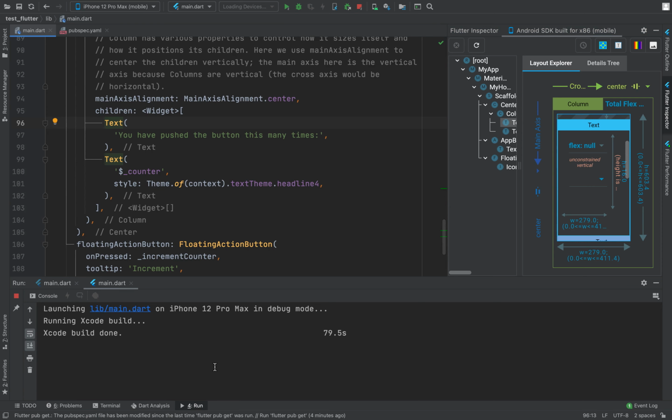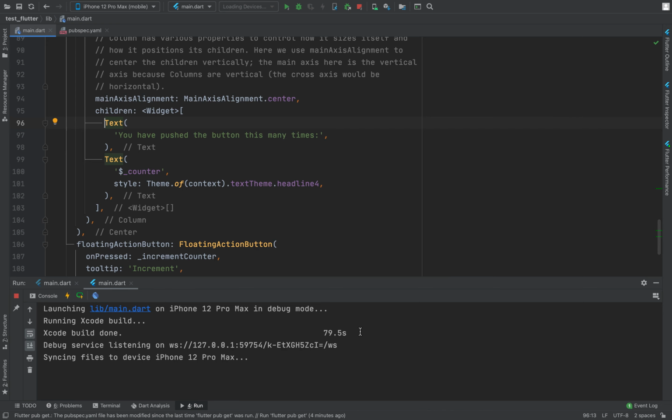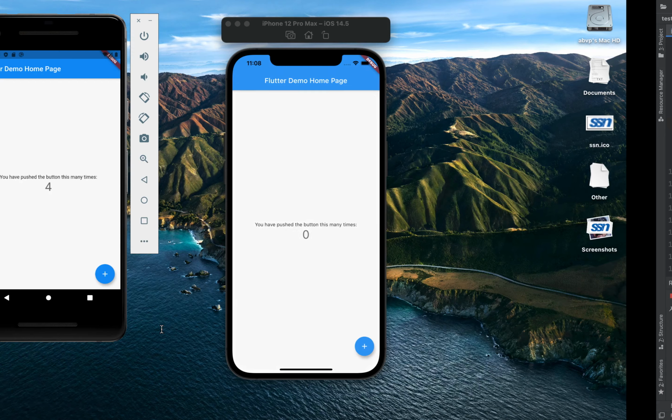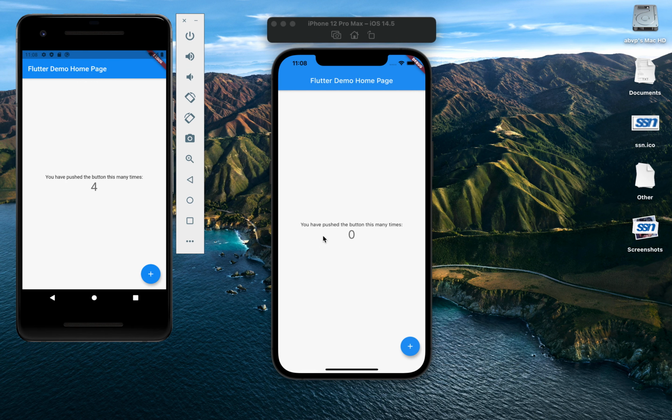So this is still building. It is syncing the files now. Let us go over to the iPhone, and we can see the app here as well, and it is working.